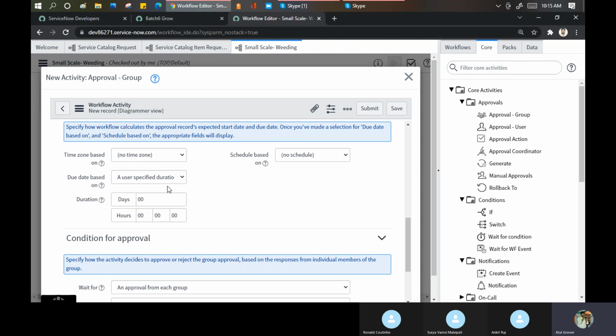And believe me, guys, I have my counterpart in Australia. He has fixed half an hour for these kind of activities. In that half an hour, he approves all kinds of requests or rejects all kinds of requests, and he configures the schedule in the same manner. So you can put the schedule as well. Like we have the schedule in the SLA, same thing you can deploy here. On the days, on the hours, you can put it. As of now, we say it's a user specified duration.